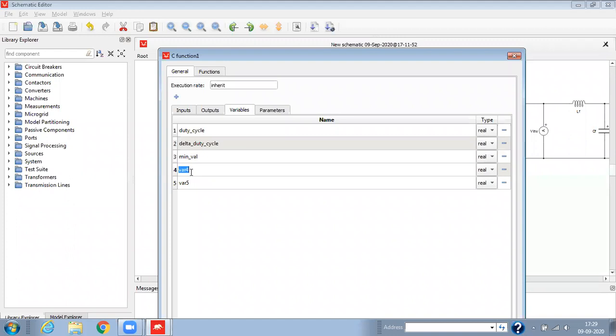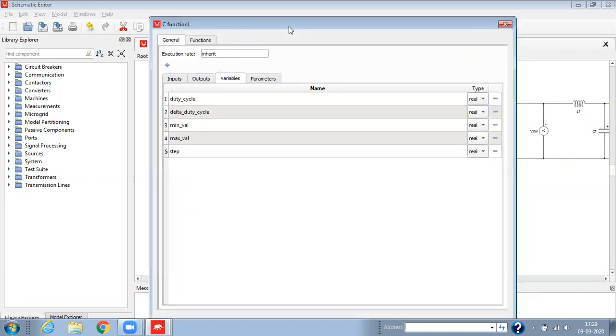The fourth variable will be the maximum value, so we'll name it maximum value, and the fifth variable will be step. So these are the variables.